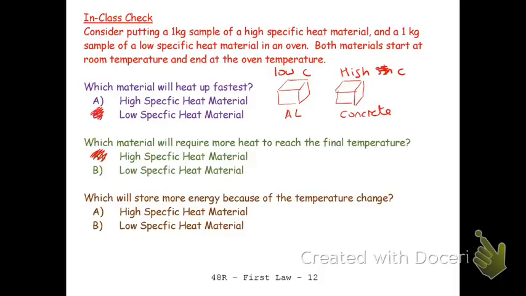It's not wasted, it's inside the object. So which stores more energy? The high specific heat material. And I think it's worth just stopping for a minute and thinking about this, because they both have their uses. If I want to make a cooking utensil, I want my pan to get to temperature quickly. I don't want to waste a lot of energy warming the pan up when I want to warm the food up. So I'm going to make my cooking utensil out of a metal like aluminum rather than a ceramic like